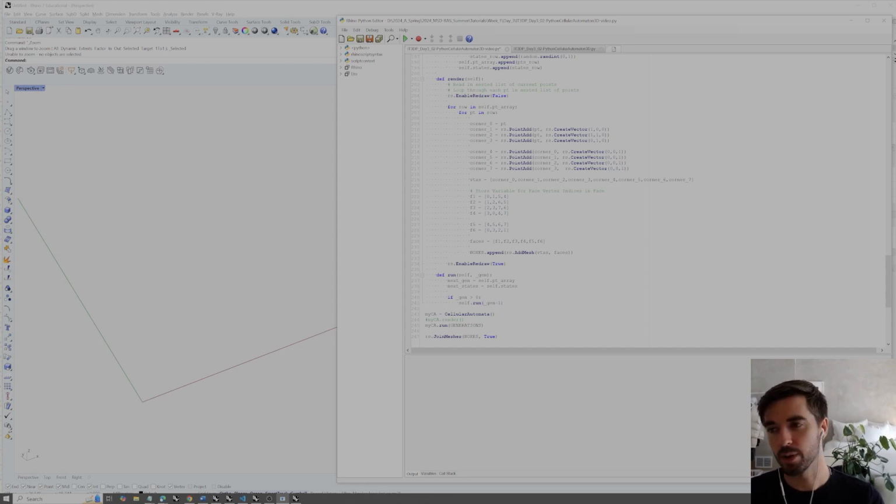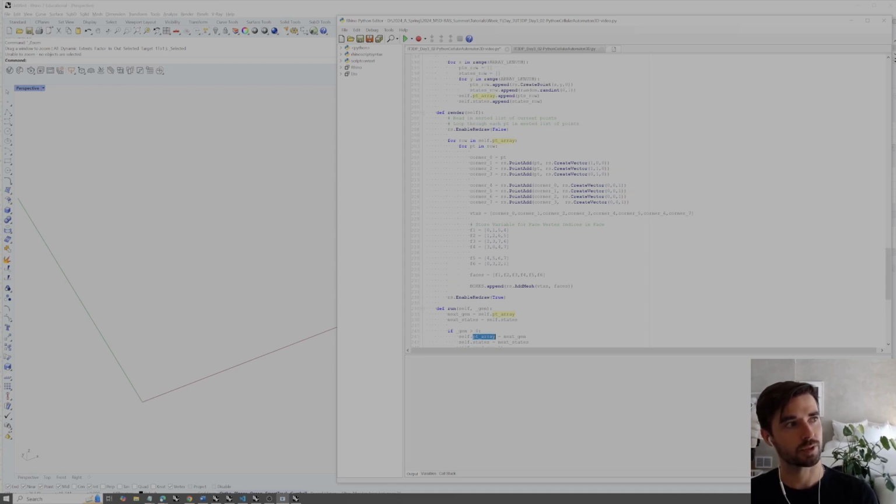Now, if we are going to run the next step here, what do we need to be able to update this function to run the next generation? Well, we need to save this information back. So we've stored it in a temporary variable. We basically reverse this operation by saying self.point array equals next gen. Then self.states equals next states. So just flipping that back so that we can set that equal to our property stored inside of our